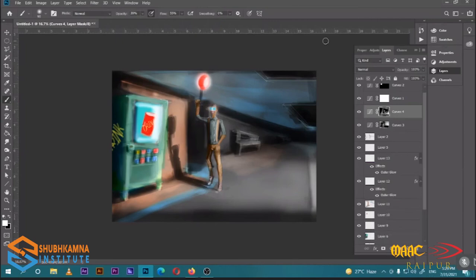Yes, exactly, Sonali. This is how a concept artist will work. This is the initial stage. What a concept artist does is create the blueprints of the characters or the environment or whatever we are creating, just to fasten up the process of production. Whenever we start working on movies or video games, first we need planning. So concept artists are the ones on the front line, creating the concepts and ideas of the story.